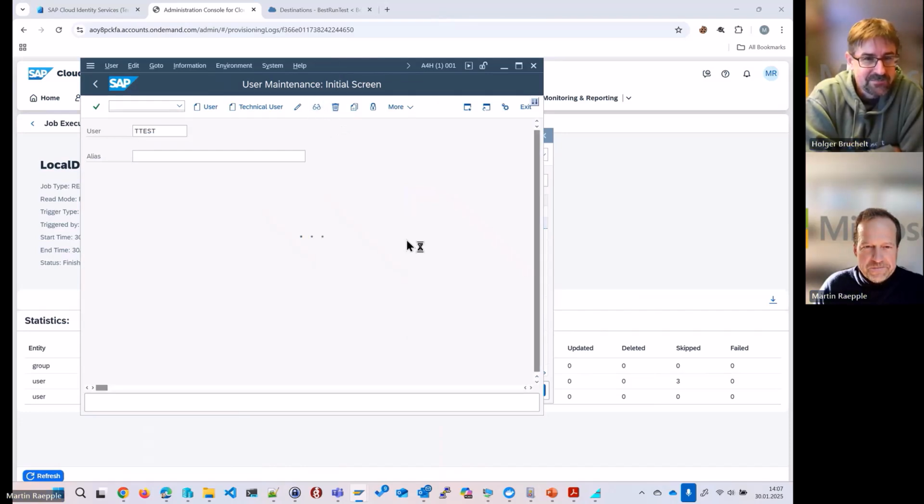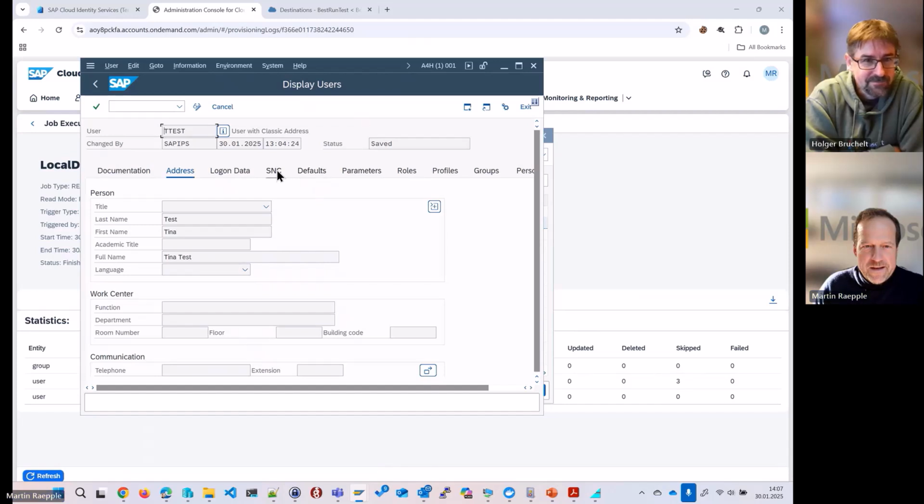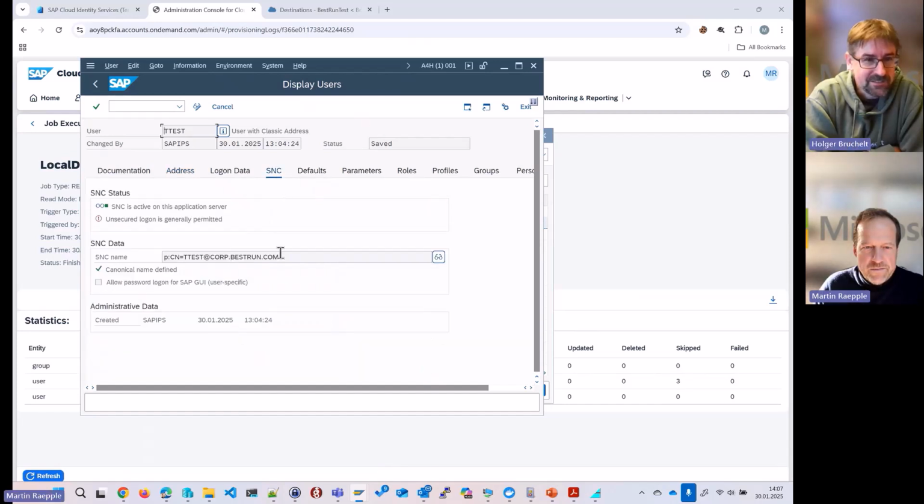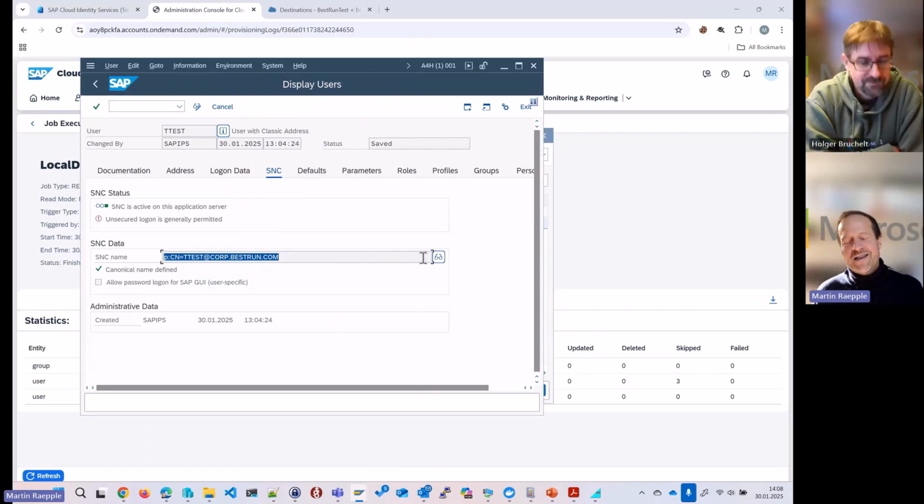Absolutely. Let's go here and go here. And here we see the SNC mapping has been nicely created following the format that is needed here for the SNC mapping, which will then allow, and looking at the clock, we could now also log in on the workstation and verify that single sign-on works.